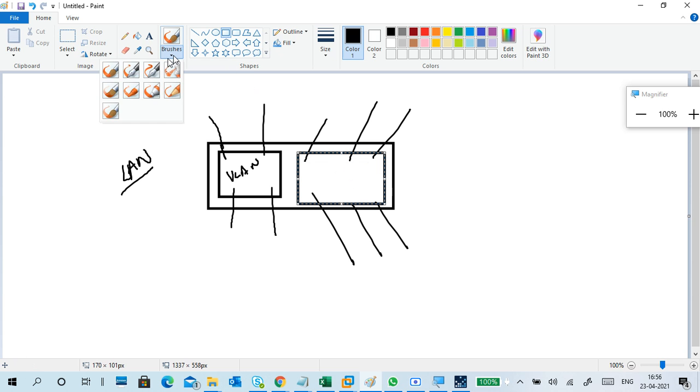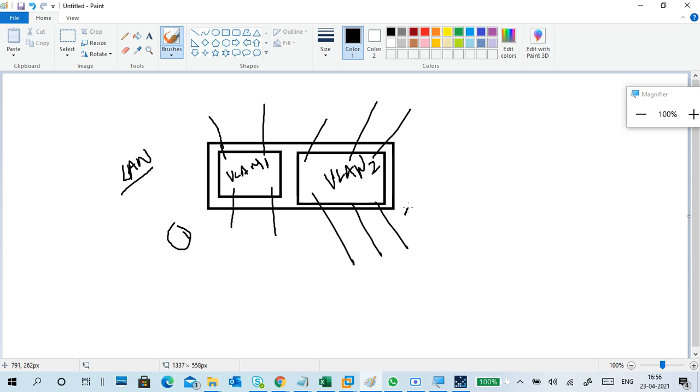Like this, I created another virtual LAN. This is one LAN, another LAN. Now it has got separated. The virtual LANs are separated. This is one segment, and this is another segment. Earlier it was a single LAN, one single segment only. Now this single physical switch has two LANs, whereas one switch, or a combination of multiple switches, was only one segment.